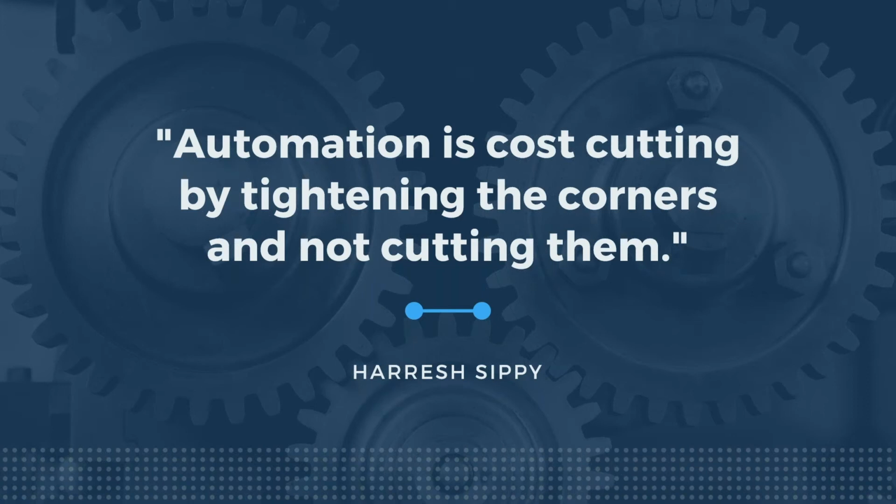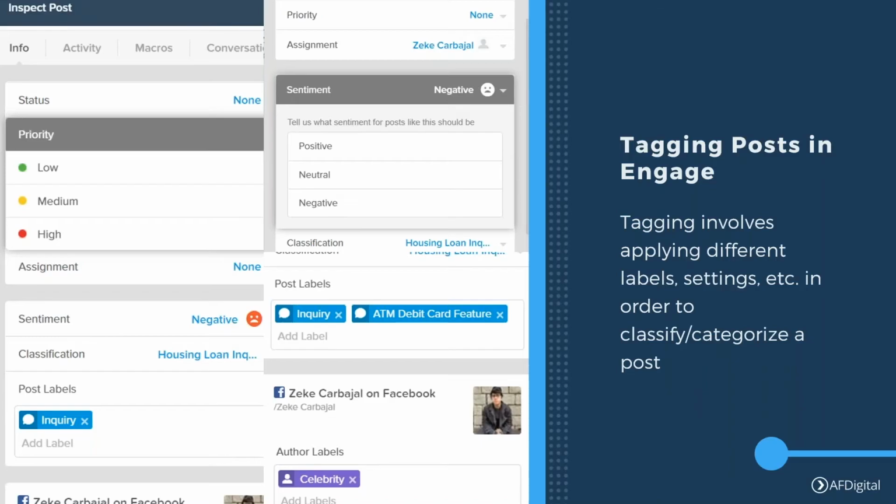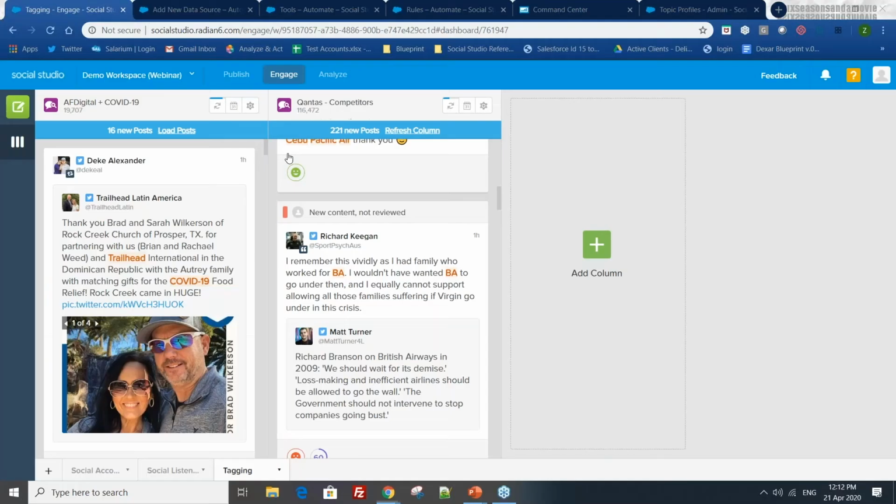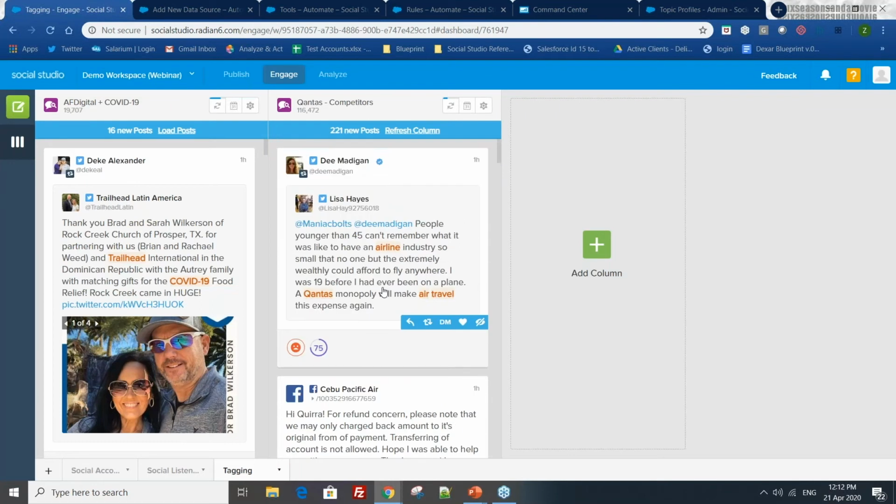So before we move on to what Social Studio Automate is all about, I wanted to reintroduce a concept that I brought up in the earlier sessions of this webinar. I want to bring up the concept of tagging posts in Engage. See, tagging posts is involved with applying different labels and settings in order to classify and categorize a post. So if I go back for a quick time here, let's say in Social Studio, this is the Engage,